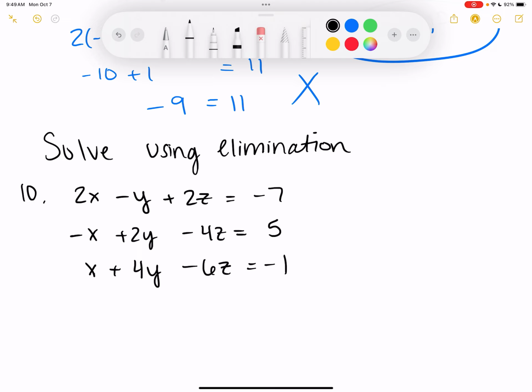I'm getting ready to tell you. All right, so we're doing elimination. So when we did elimination with 2 equations, 2 unknowns, what did we have to do? Multiply by a variable. We had to cancel a variable. So